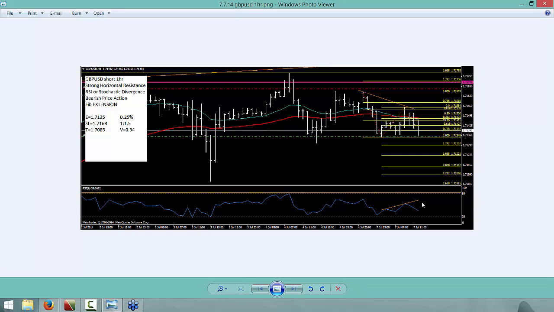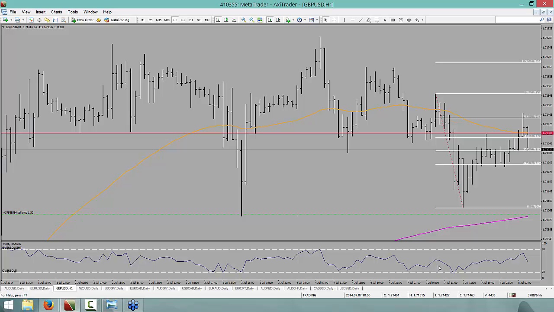Yeah, from that high to that high, it's all convergence. So I went in there with a stop above that. I've got RSI convergence. You can't have Fibonacci resistance because you start your fib from here and it's closed above that anyway. So you've got the horizontal, you've got the convergence, and you've got... it was a bit more of a Hail Mary than anything, but now there's certainly something there